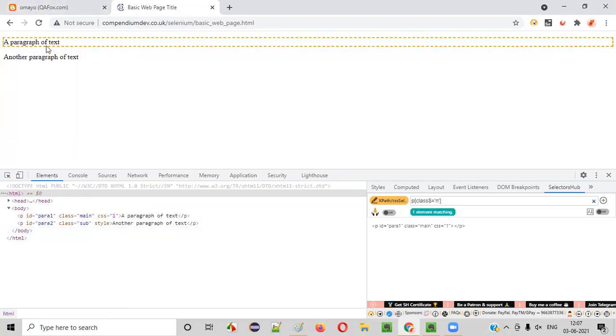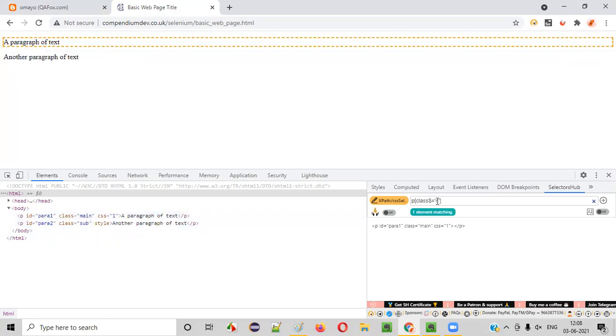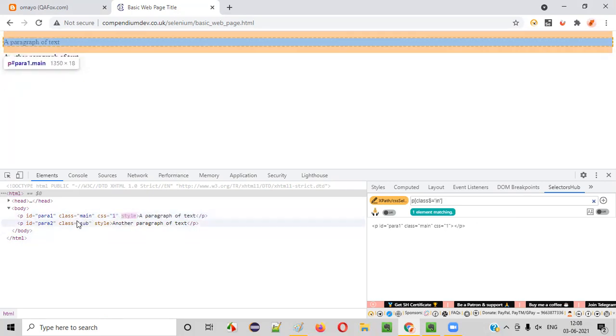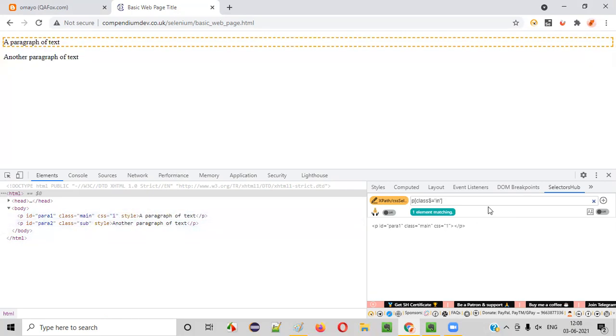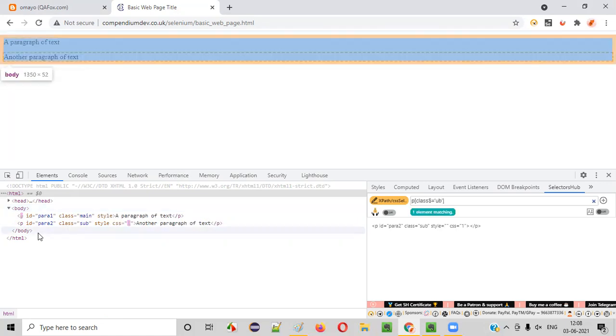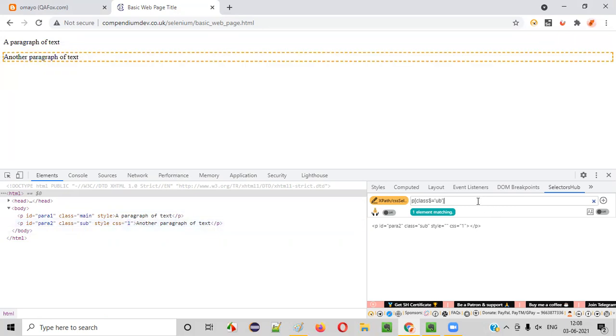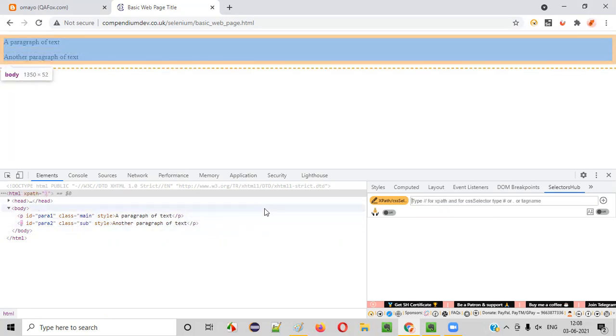So which paragraph is getting located? First paragraph, because this is a paragraph tag whose class is ending with n. Later, you can also give in, this is also fine, whose class is ending with in. Yes, it's ending with in. If I give paragraph whose class ends with ub, enter. You see, this is a paragraph whose class is ending with ub. It's getting located. So this is the purpose of the cap and dollar symbol, guys.